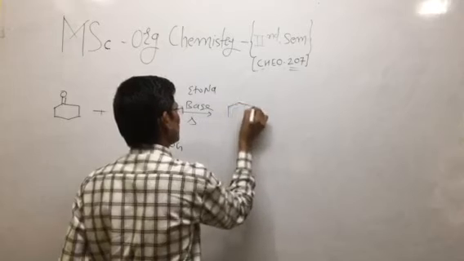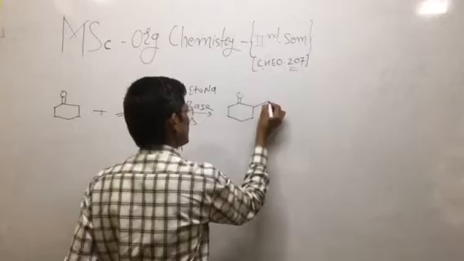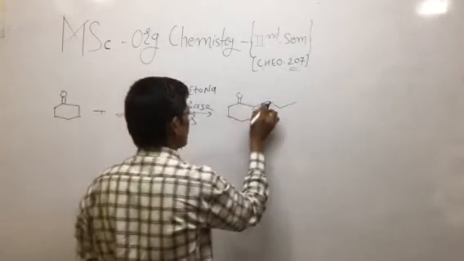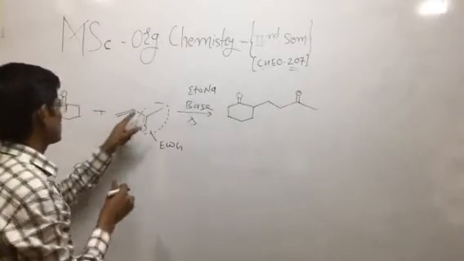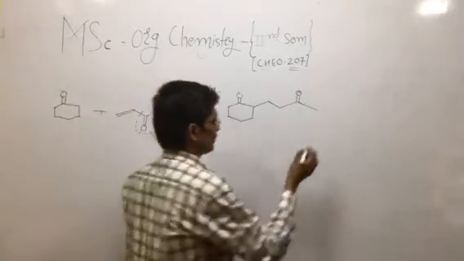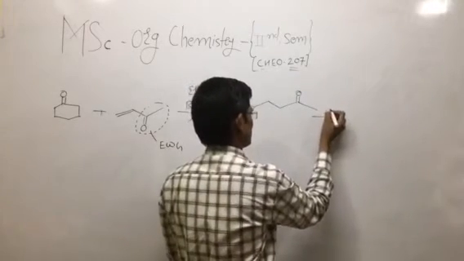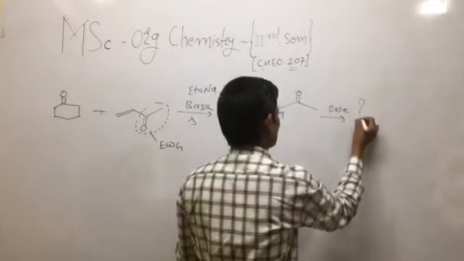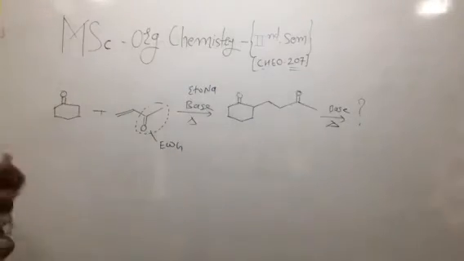If this active methylene group is there, so this is the cyclohexanone. It reacts with the basic condition, then there is formation of carbon 1, 2, 3 and the 4th carbon atom. So you can take CS2, these atoms or groups of atoms. If these types of reactant molecules again react with the base, that is sodium ethoxide, then what happens? What is the product? Predict the product with mechanism.